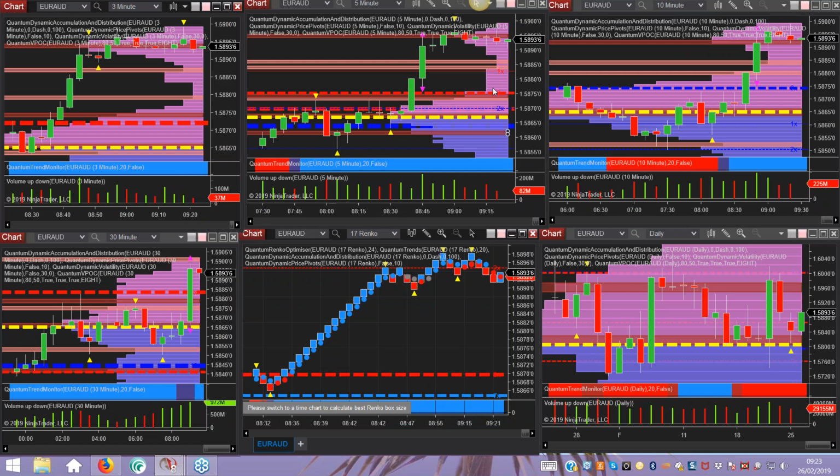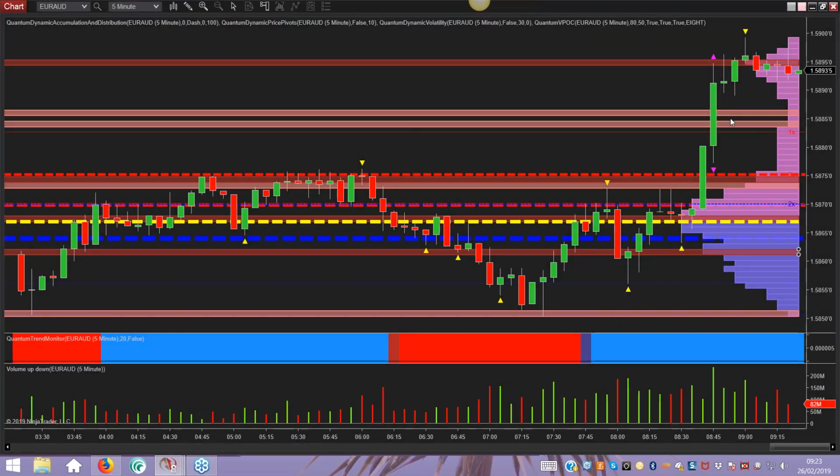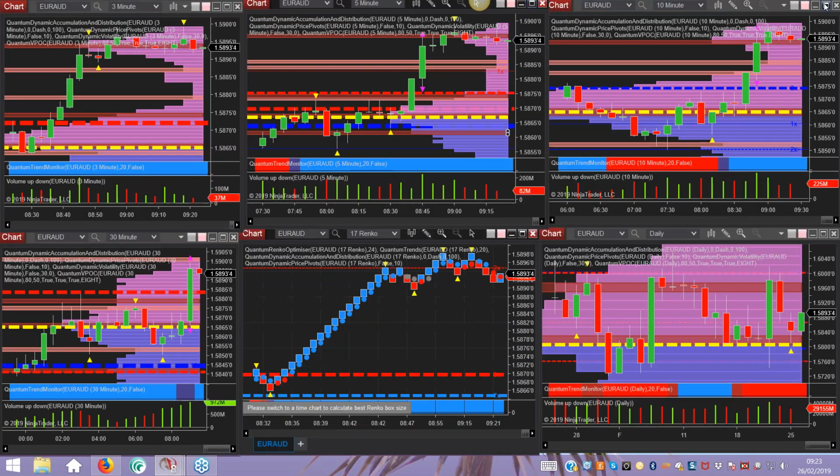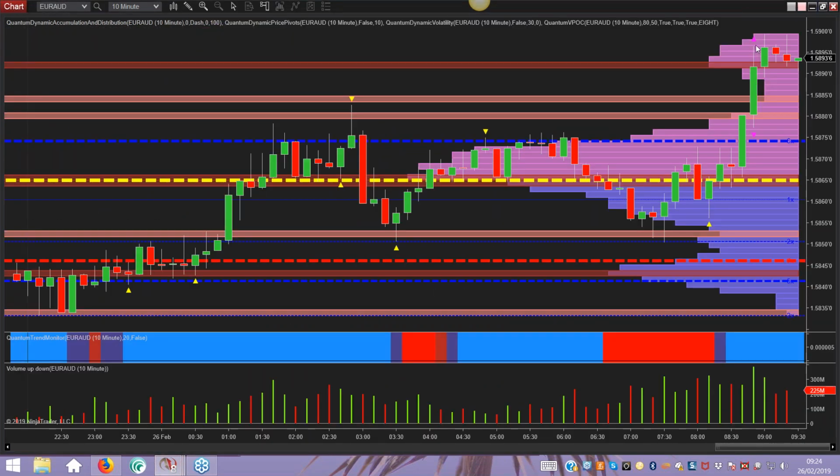If you move out to the slower time frames, all of that is really reflected, first of all, in the volatility indicator. We had volatility triggered on the 5-minute, so we're expecting at the very least some congestion period to follow. That's also reflected on 10. Again, we've got volatility, so the volatility comes in and the expectation is congestion. It doesn't always follow, but 8 or 9 times out of 10 it does,